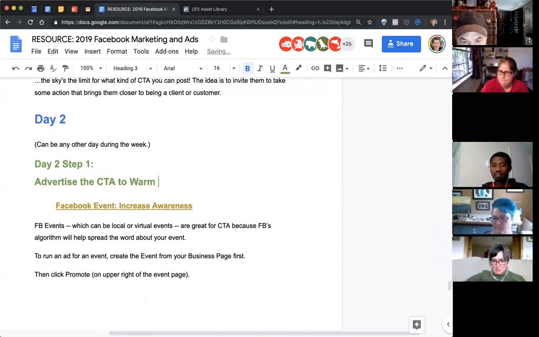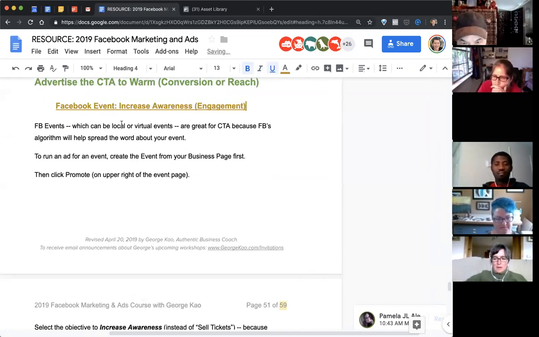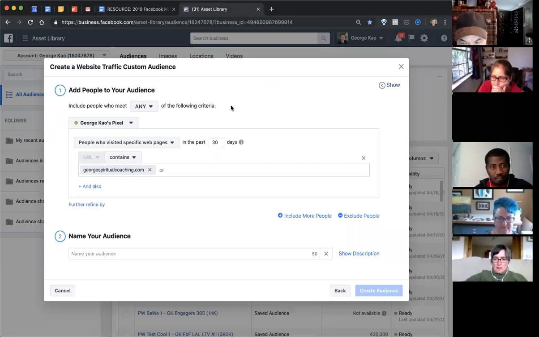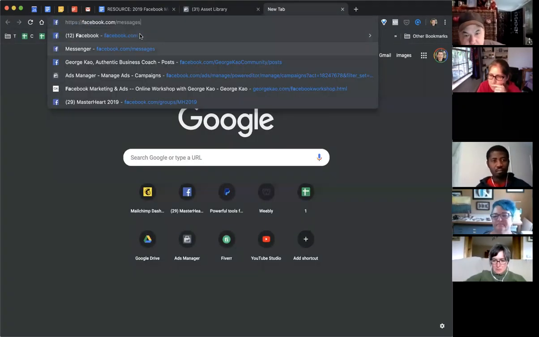Warm conversion or reach, okay? Except for Facebook event, it's increasing awareness, so technically it's called an engagement campaign. By the way, I just found out how to boost a Facebook event through the Facebook Ads Manager, because I always thought that you had to go to